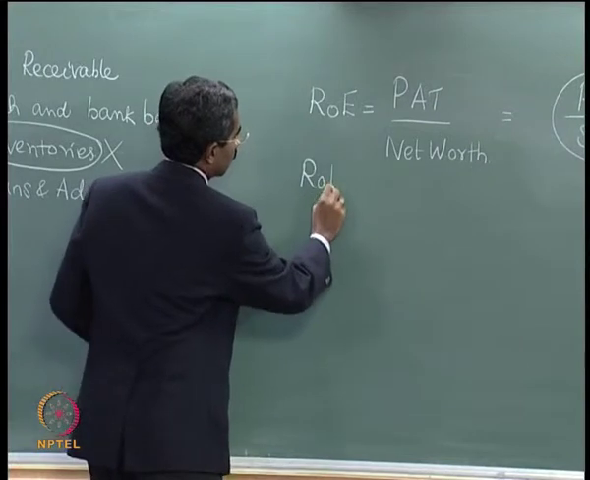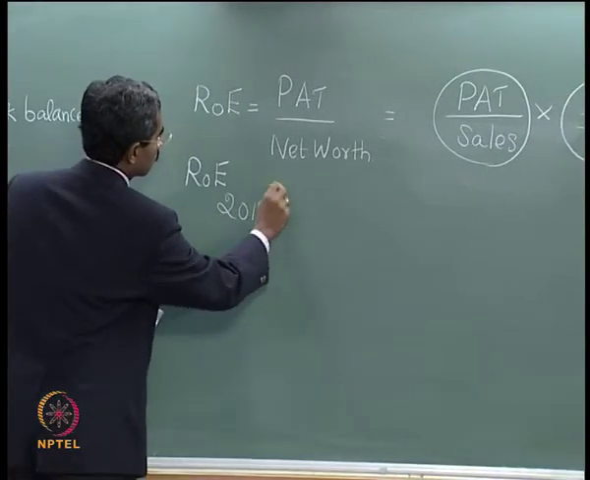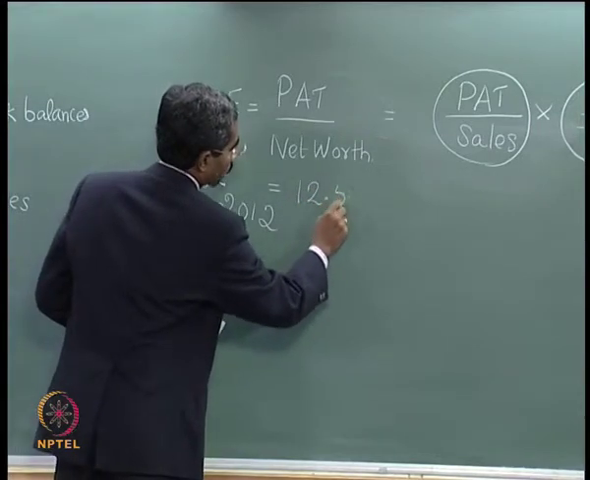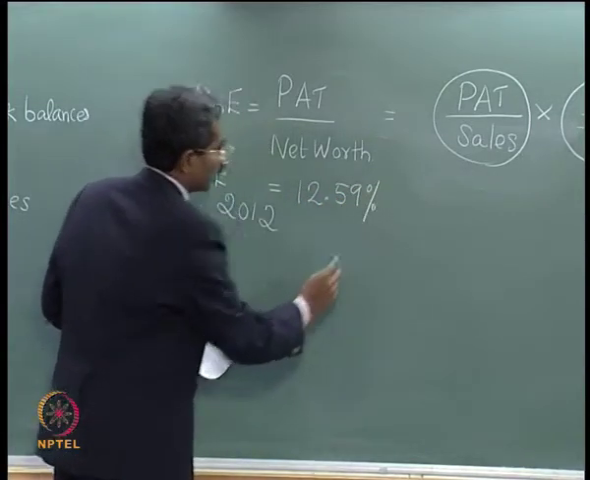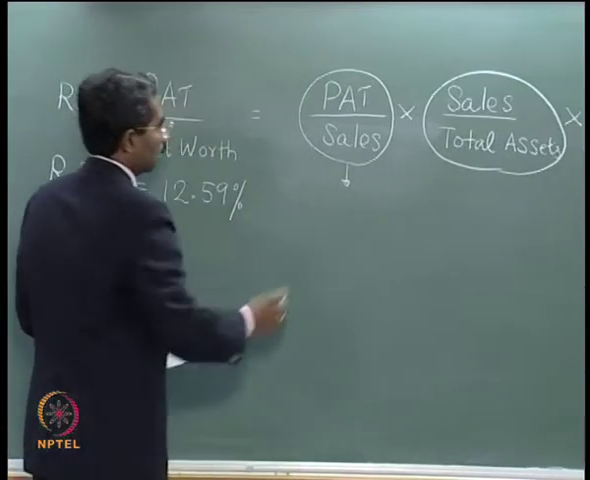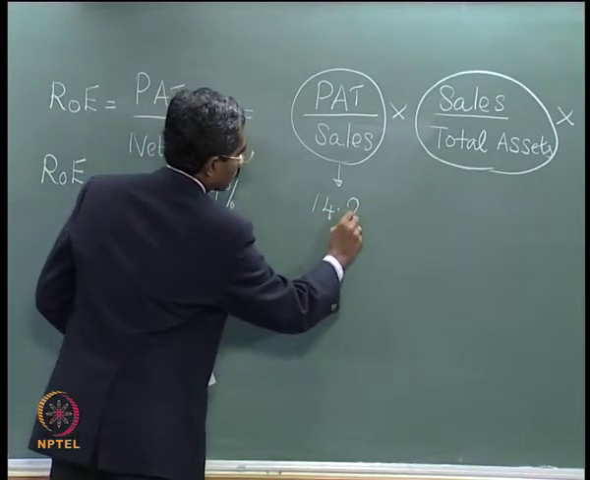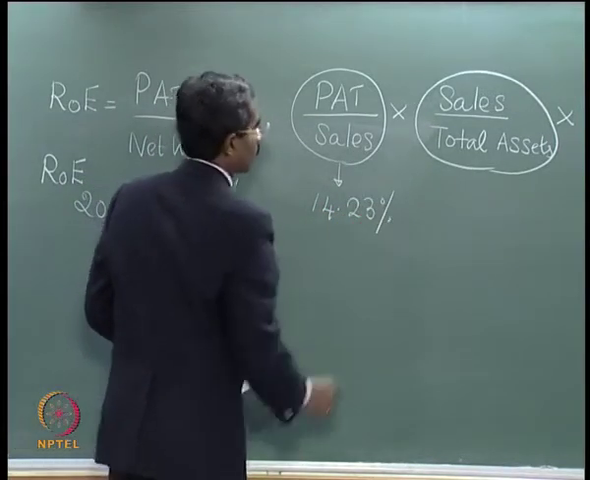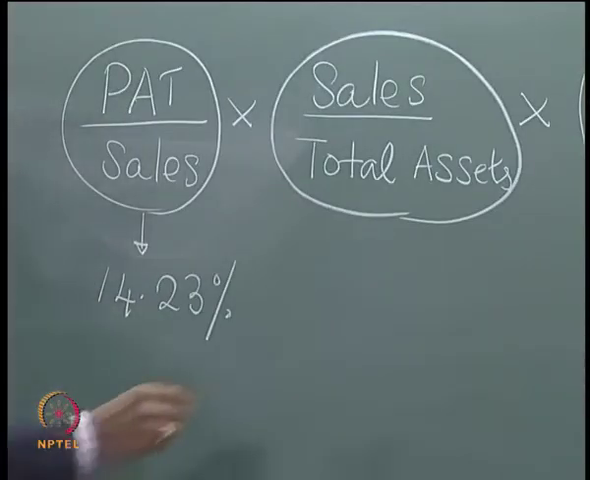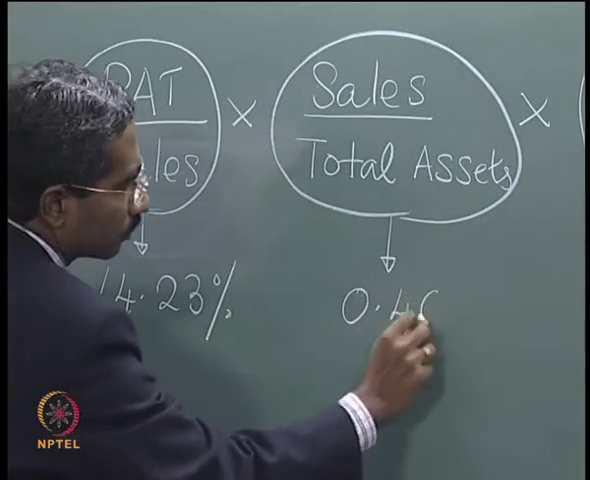So return on equity for 2012, we have seen it works out to about 12.59%. And then the net profit margin for 2012 was 14.23%. These are the numbers that we have calculated in the previous lecture, and the total assets turnover was 0.46,